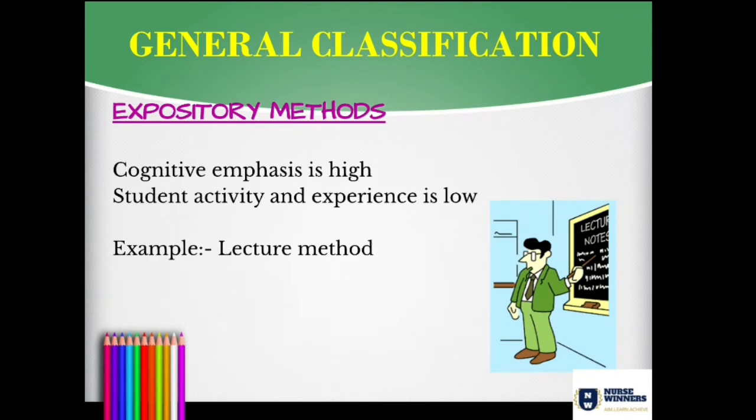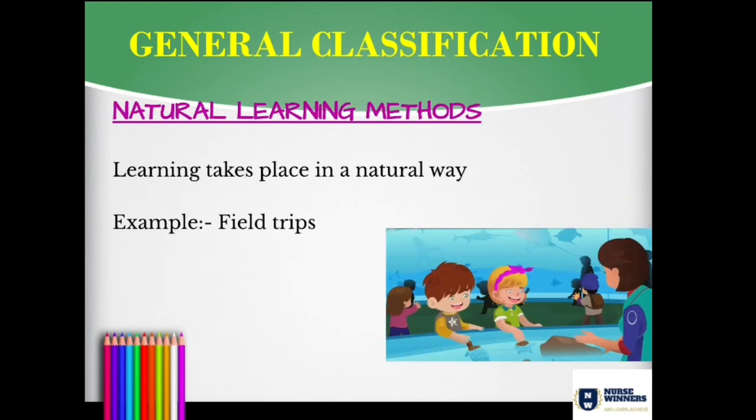An example is the lecture method. When a teacher goes to a class to take a lecture, she keeps on sharing the information that she had referred. So what will the student do? The student will listen to it and try to understand it. But students are active only when the teacher asks them certain questions. Other than that, if they have any doubt, they may ask, or else they will just listen to the lecture and try to interpret the meaning of that topic. That is what is called an expository method.